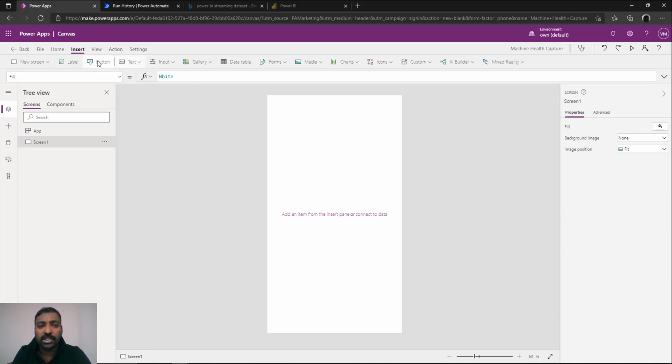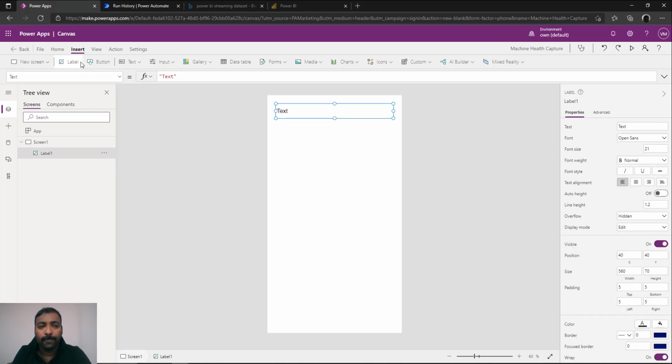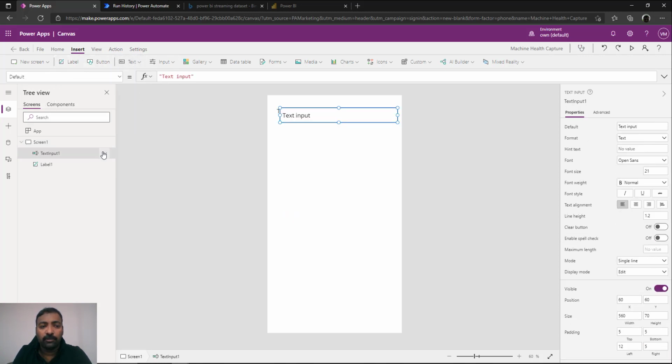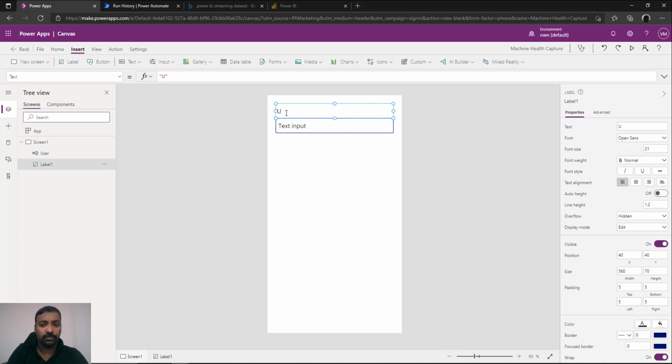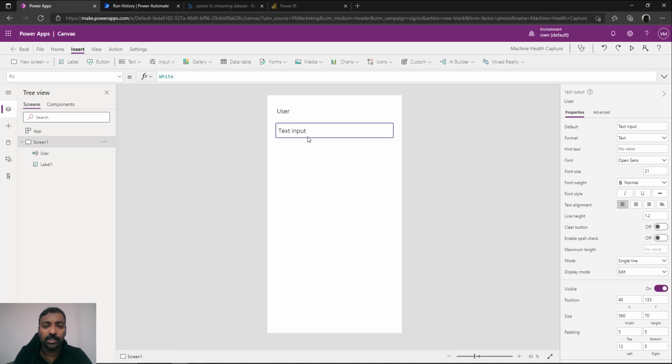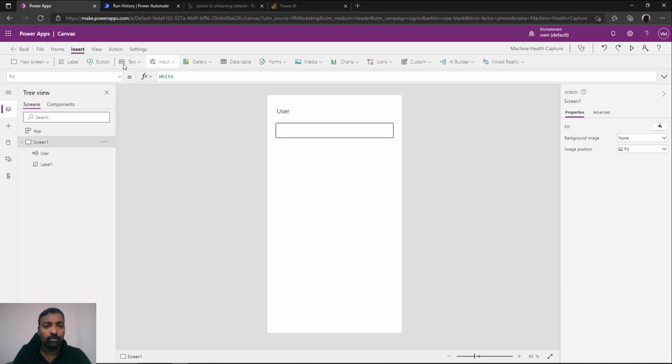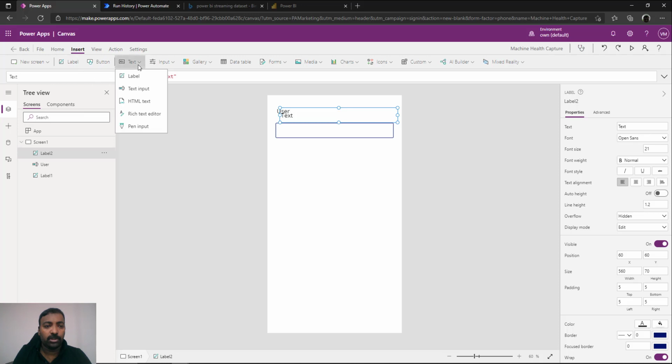So we are going to first add a label and then a text input box, and we'll name this input box as the user who is capturing the details, and this label you can make as User. So this represents the user who is going to do the entry, and make sure that the default value is set to blank. Again we'll add one more label and one more text input.